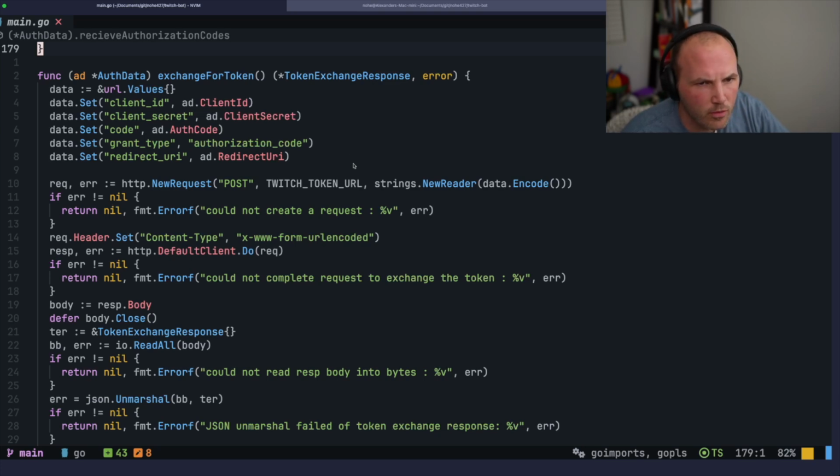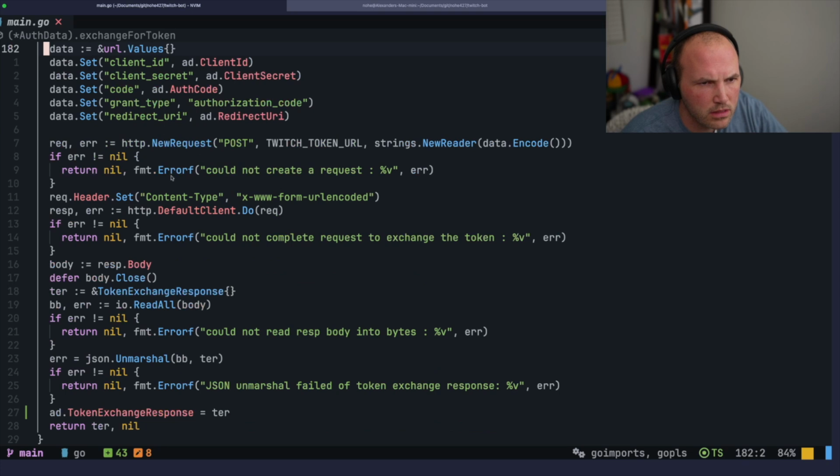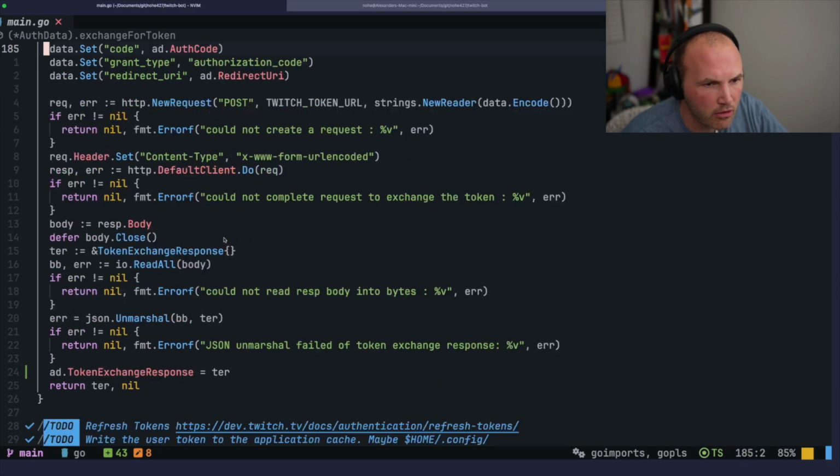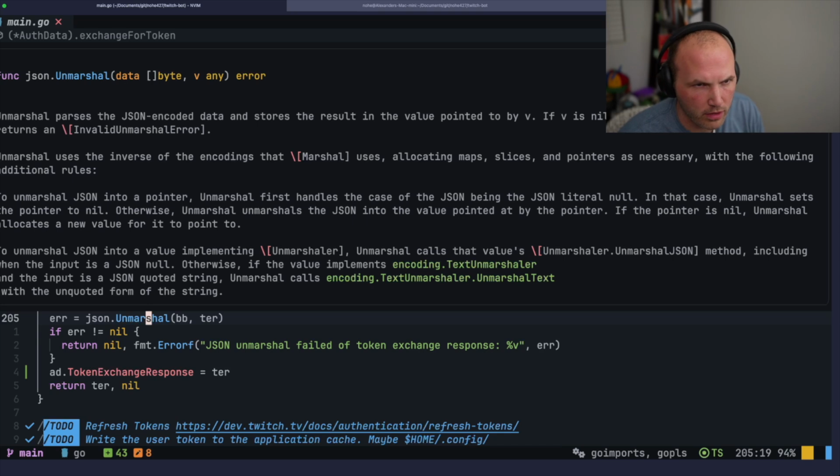Could not create a request. So it's generating these errors and returning them. It's just for some reason not doing the thing. I don't think this needs to be a pointer to a pointer, right? So